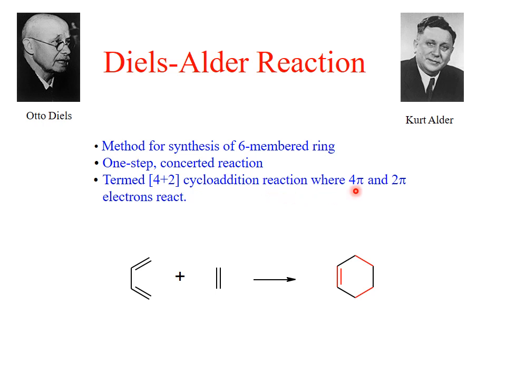See the product. This is a cyclohexane product. See the black colored bonds. These are the older bonds which came from the diene and dienophile. All three bonds of the diene are black, and the dienophile also has a black colored bond. See the two new sigma bonds which are red colored. These two new sigma bonds are formed and one new pi bond is formed in a Diels-Alder reaction.